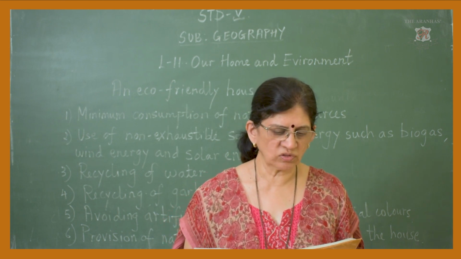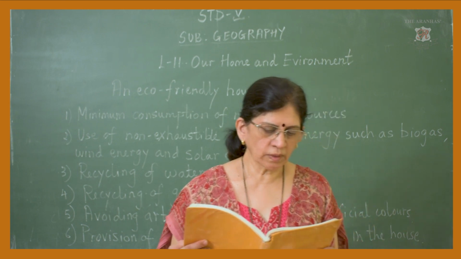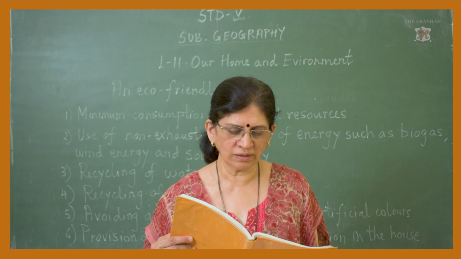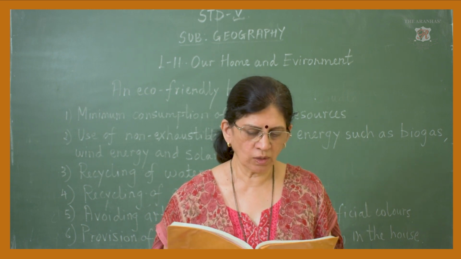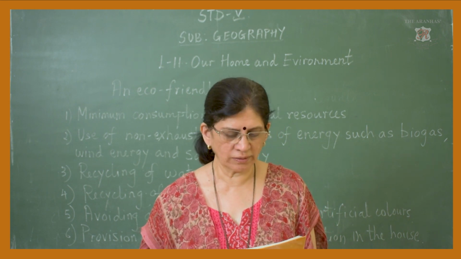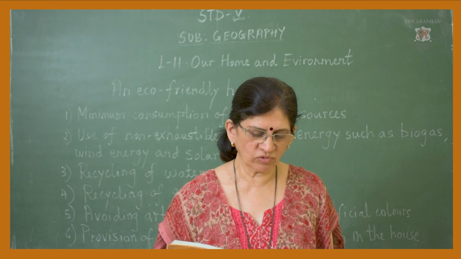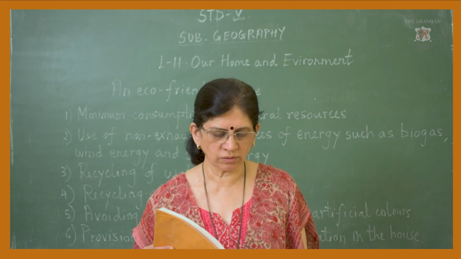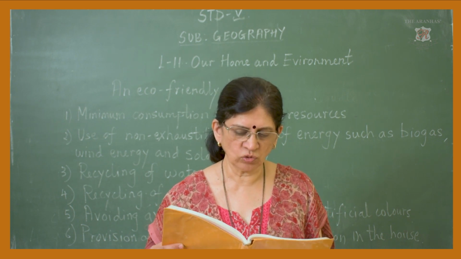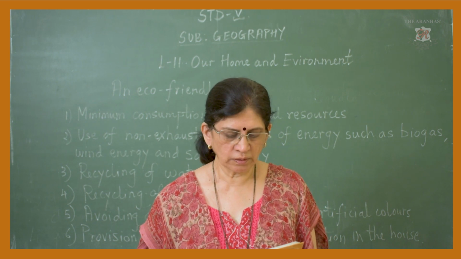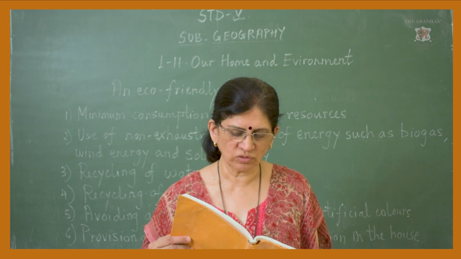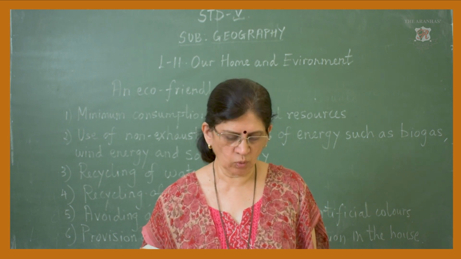Now I will tell you about exhaustible sources of energy. The sources that are susceptible to depletion by overuse are the exhaustible sources of energy. Coal, natural gas and mineral oil are the exhaustible sources of energy. It takes lakhs of years for these sources of energy to form in nature and they get consumed once they are used. Therefore, these sources are to be used carefully. The burning of these sources leads to air pollution. Therefore, these sources are to be used in minimum quantities.